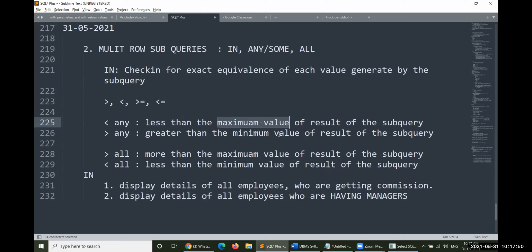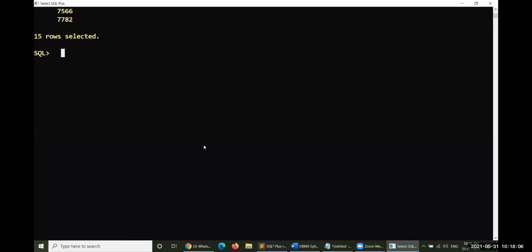Let us consider one particular point here. The clerks have some kind of salary here, and some clerk has taken a huge amount of salary. Let me select everything from EMP where job like clerk.